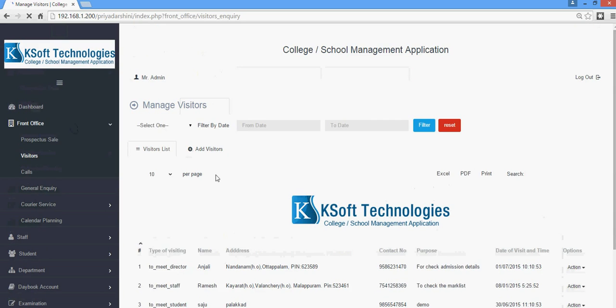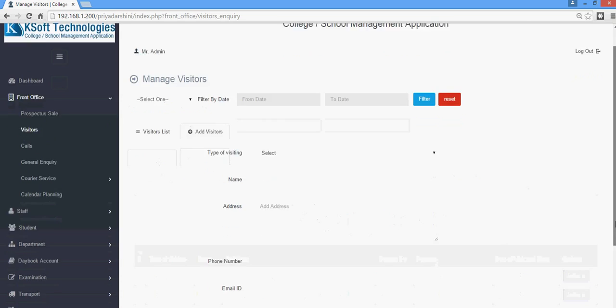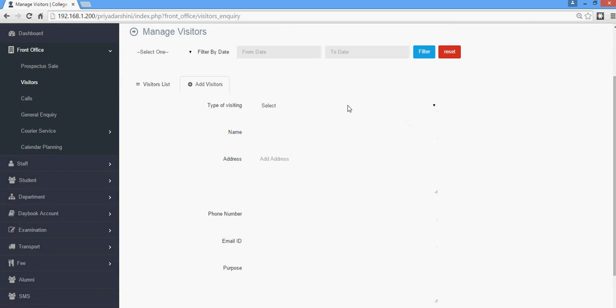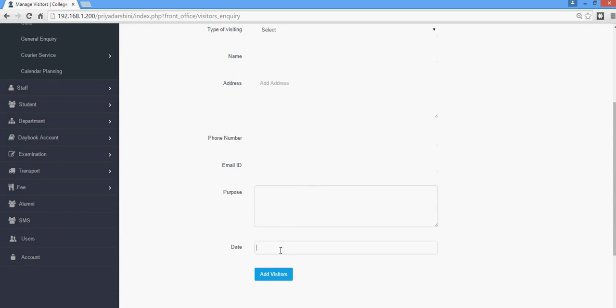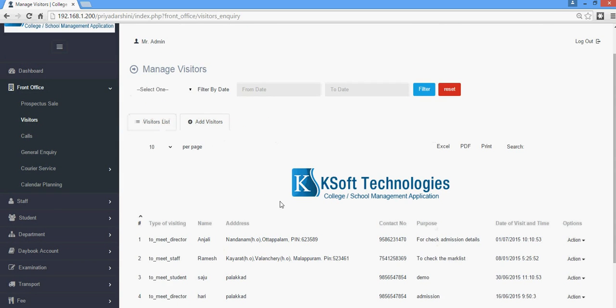Next, we are moving to the submodule visitors. Here you can enter the details of visitors. Here you can see 2 options, add visitor and visitor list. Through the add visitor option, you can enter the new details of a visitor like visiting purpose, date, etc. Then by clicking add, you can enter the new details to the visitor list that can be viewed in the